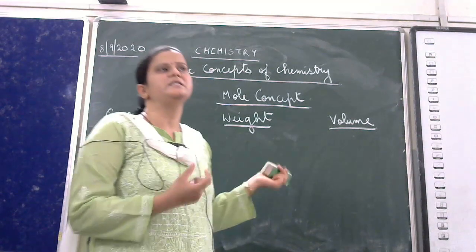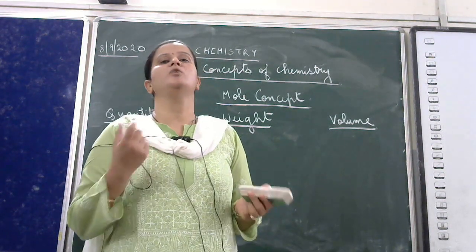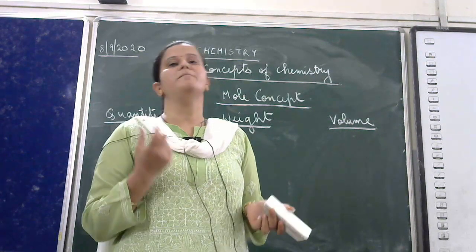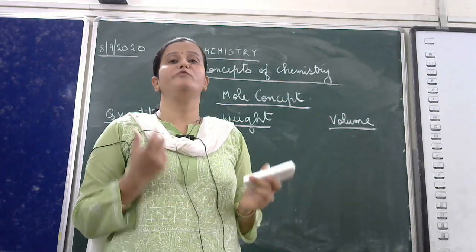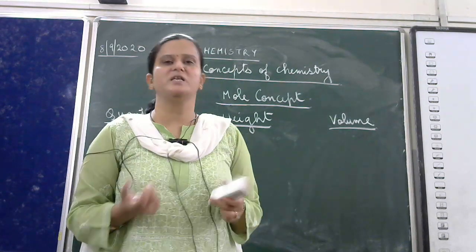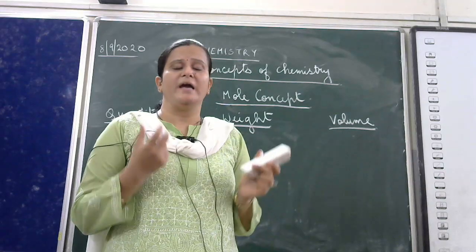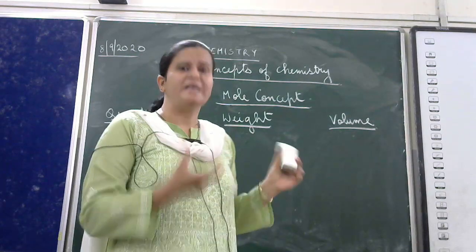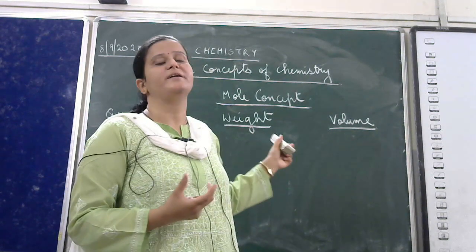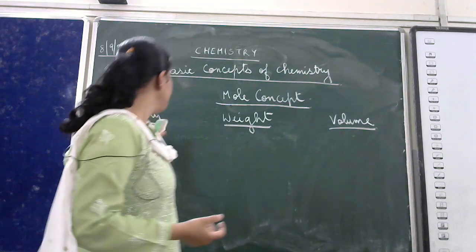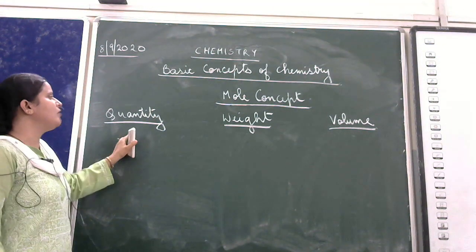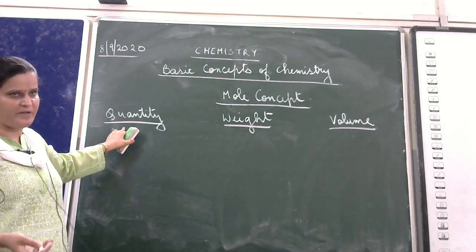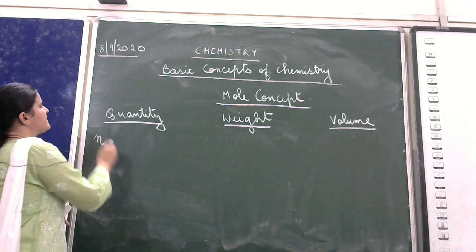Now, if I say, how is mole expressed? I am saying it is a unit to measure any quantity. Now, in chemistry, first thing you should know, what do I mean by that quantity? It is actually a physical quantity. And what is a physical quantity? It is a substance which can be measured. Okay? Any matter which can be measured comes under the category of physical quantity. So, here when I am saying I want to find out with respect to quantity, how many moles of a substance is given, then that moles are calculated as